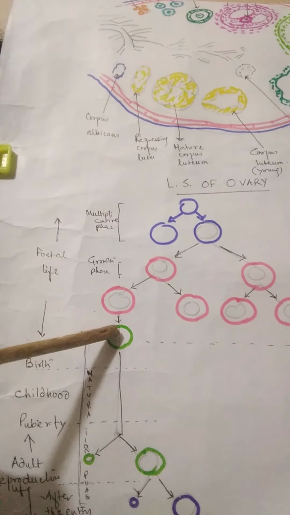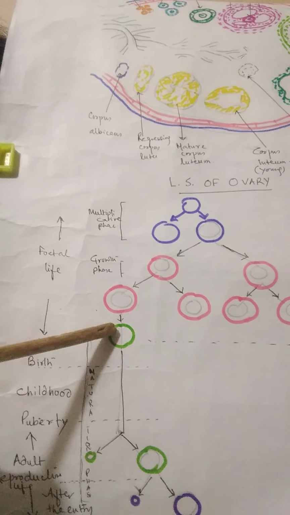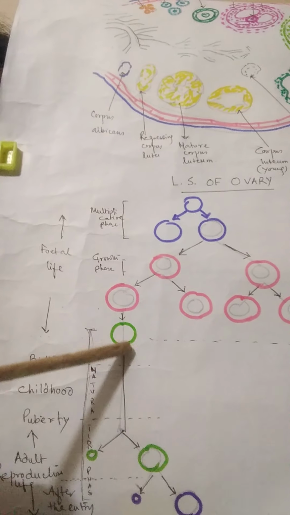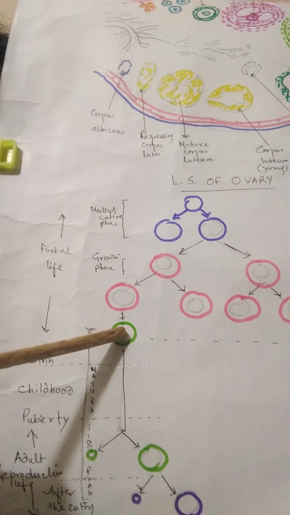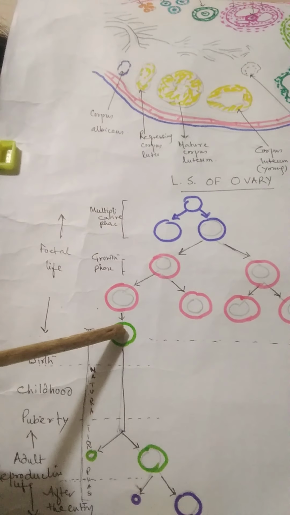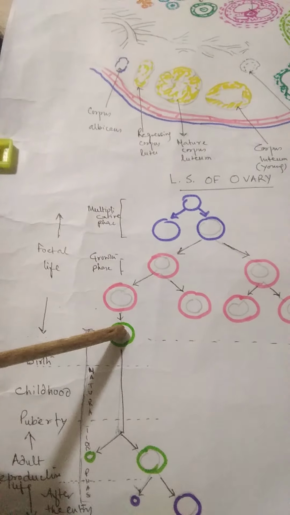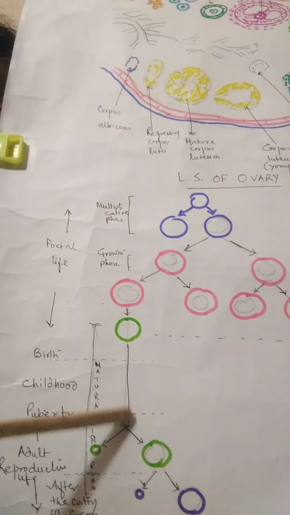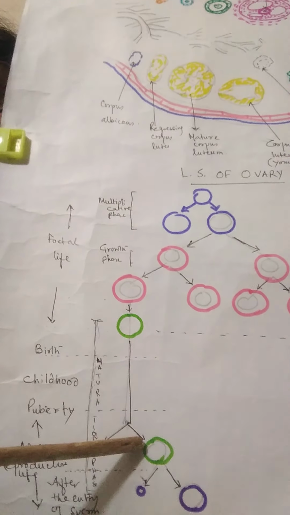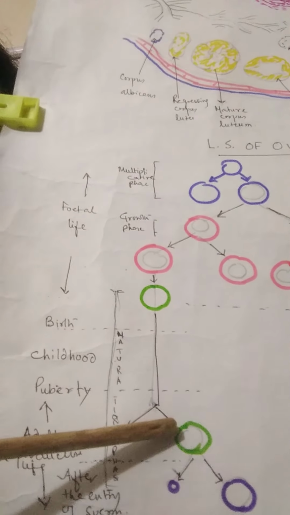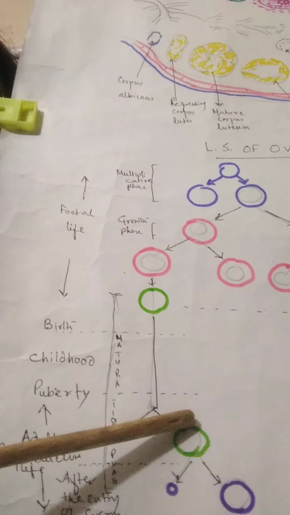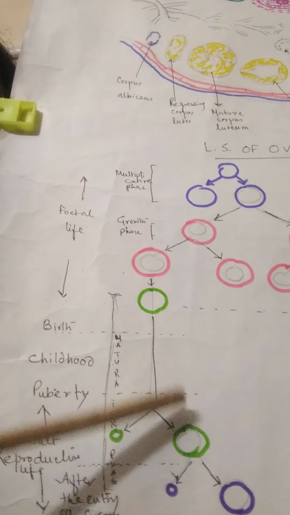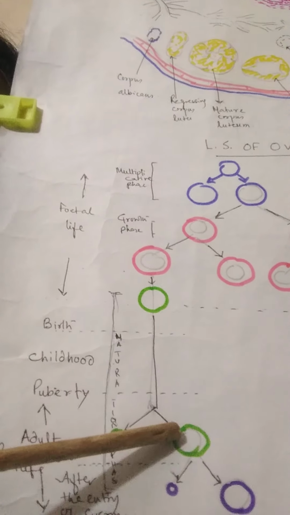It gets arrested in the diakinesis phase, and after birth it continues till puberty, remaining as such. And at the onset of puberty, in each ovary, one of these primary oocytes completes